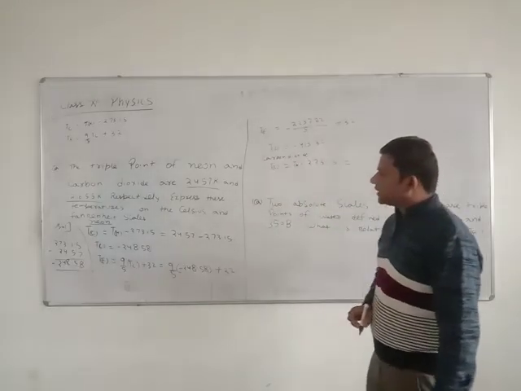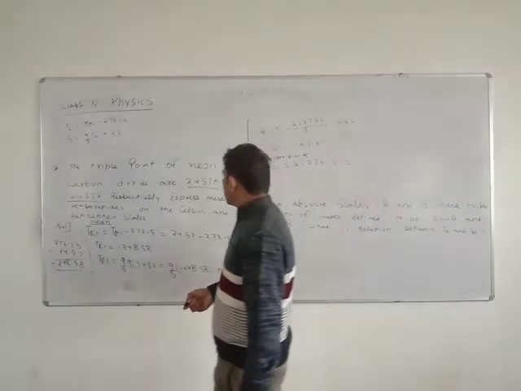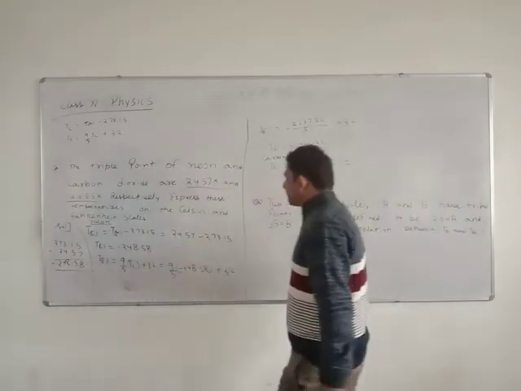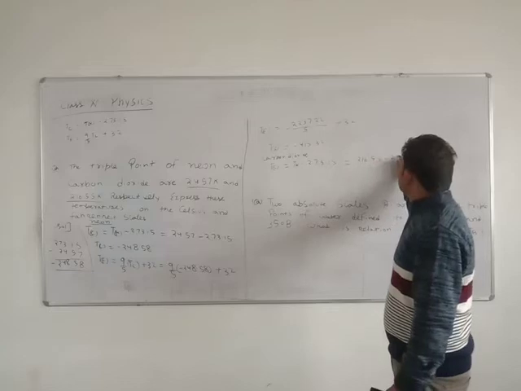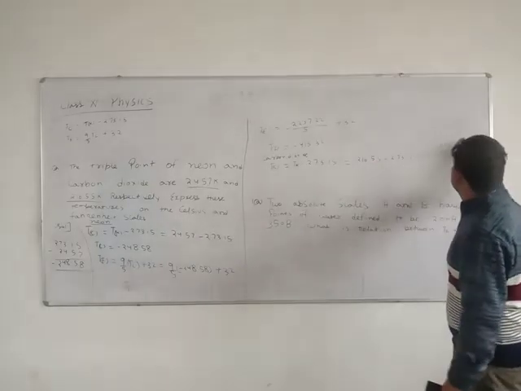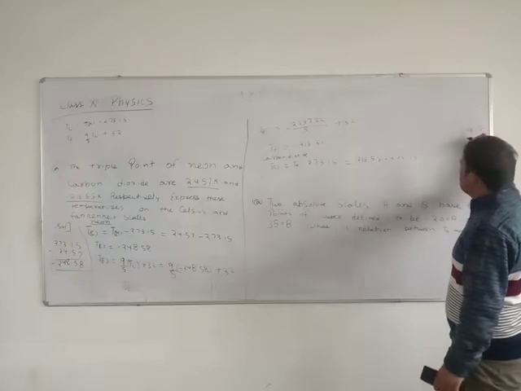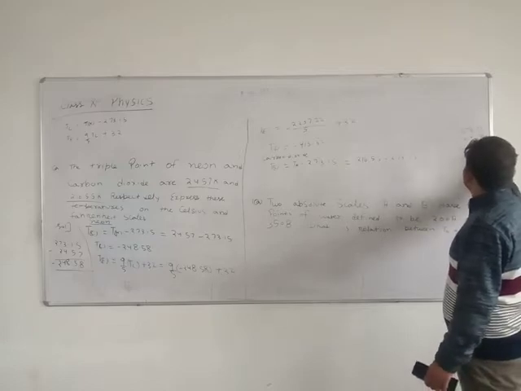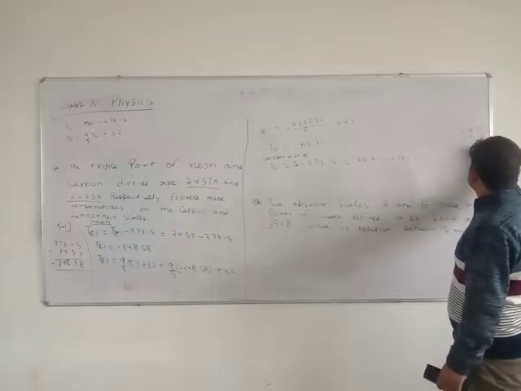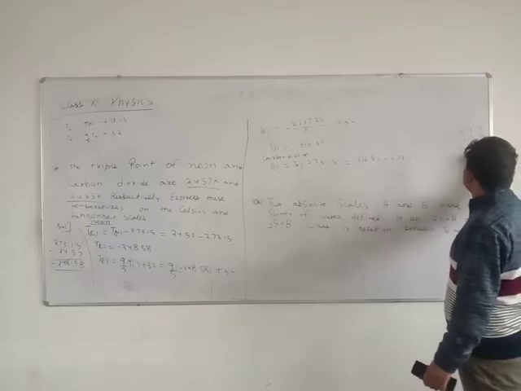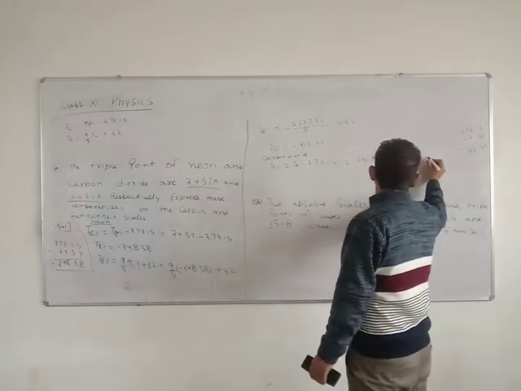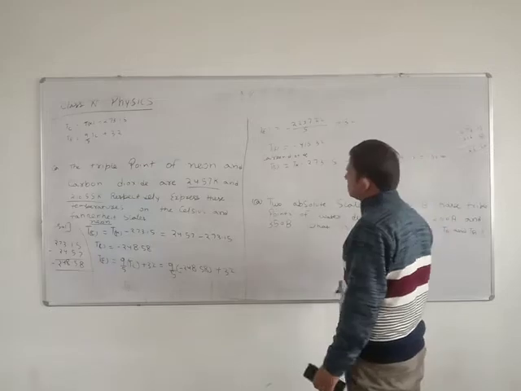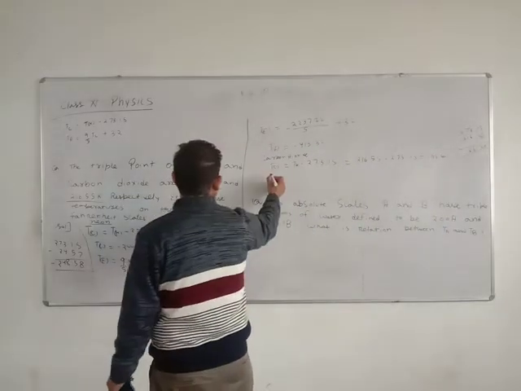In Kelvin it is given as 216.55, so 216.55 minus 273.15 gives minus 56.60, the answer in degree Celsius. And in Fahrenheit